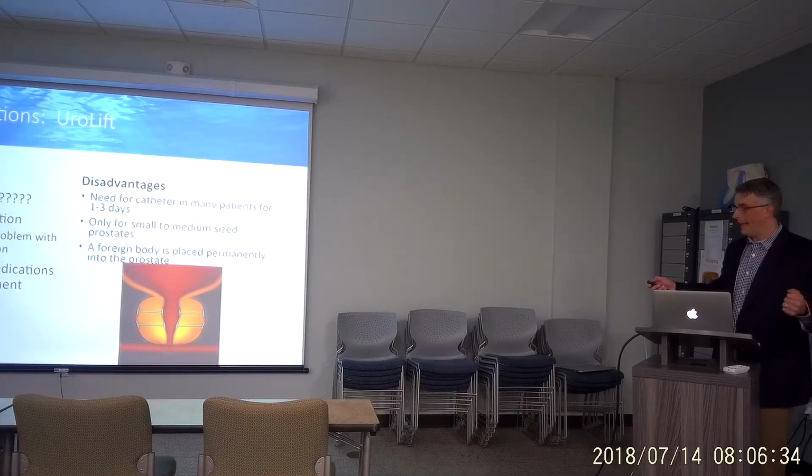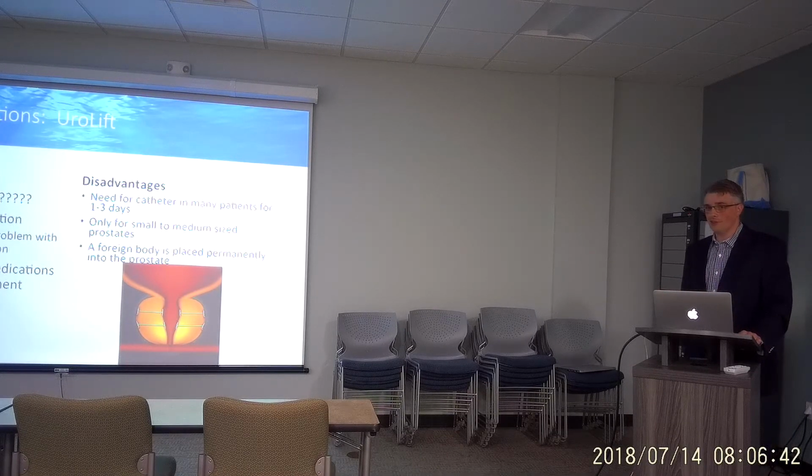Just kind of move it, mechanically move it. And you just open it up. Now, it preserves sexual function, so loss of erections, we don't really see that with this procedure. We don't see that with the laser either, but we do see it with the more old-fashioned TURP. And only about 4% of people have the loss of semen, so that's the real benefit of this procedure. The results in terms of the flow are better than medications, not as good as the TURP, the green light,